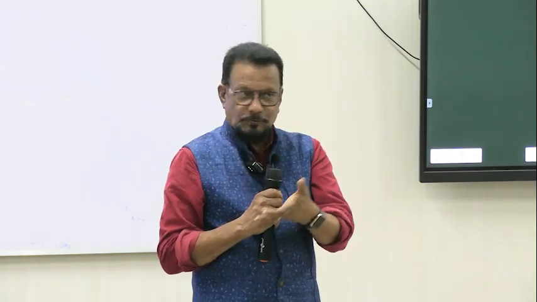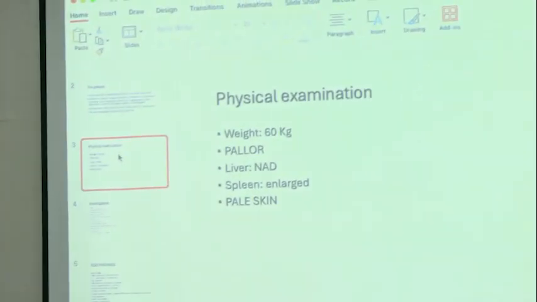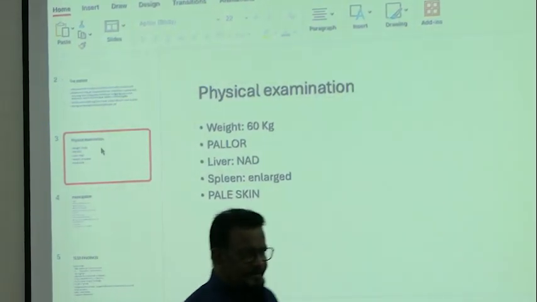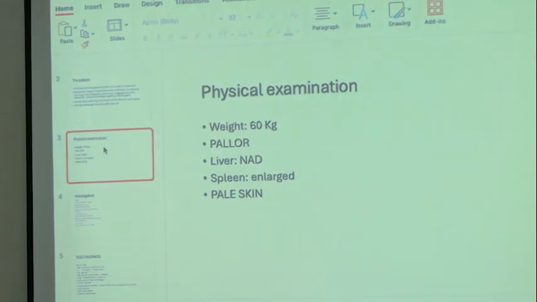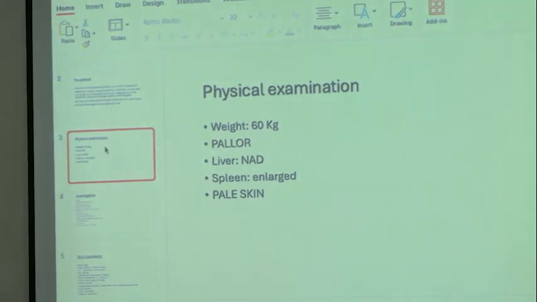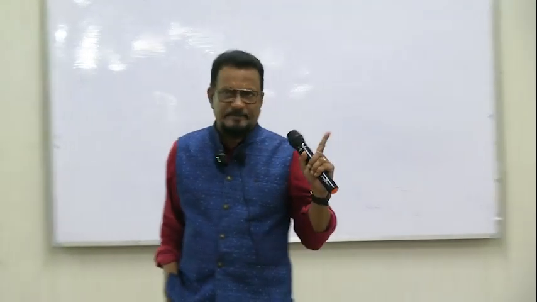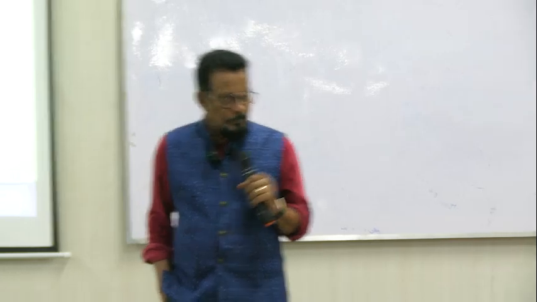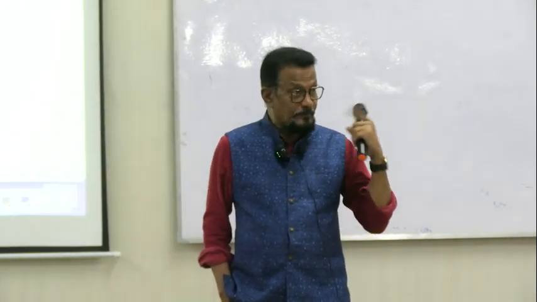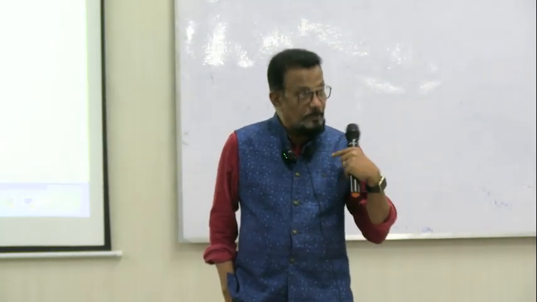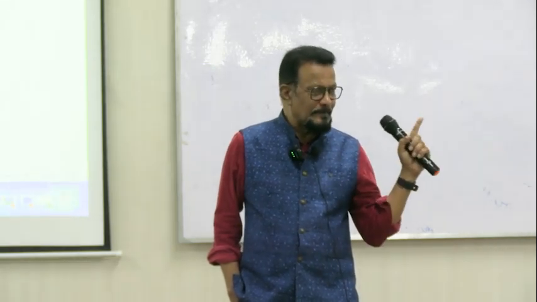Okay, so this is how it is done in reality. So you will be assessing. We will be training you up for that. So after examination, what you observe, his weight is 60 kg, and according to his height, the weight is less. He is underweight. Means malnourished. Okay, he is underweight. I will not say malnourished. Yes, it can be said. He is malnourished. Okay, why is he malnourished? If I don't explain it, you will be asking me, sir, you said it is a malnourished patient, but why?